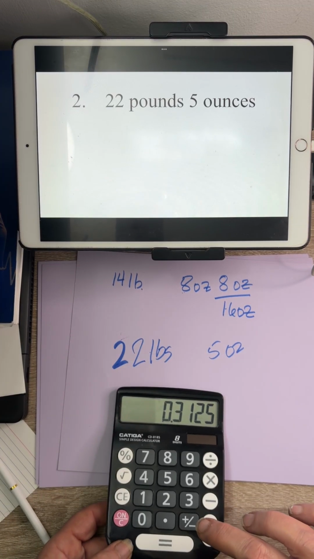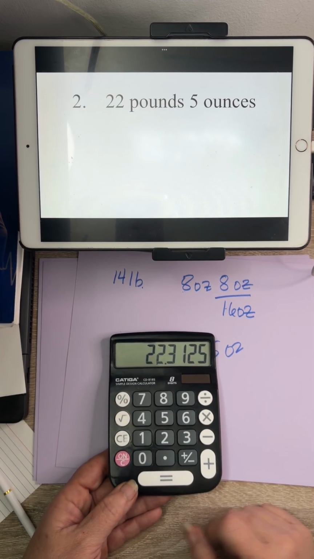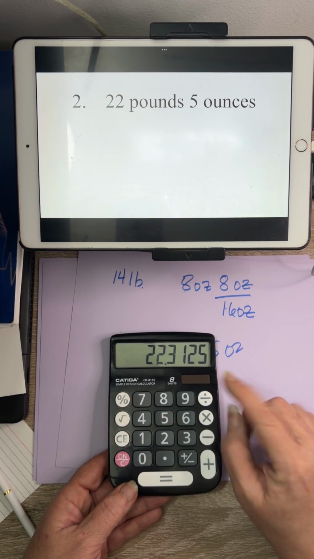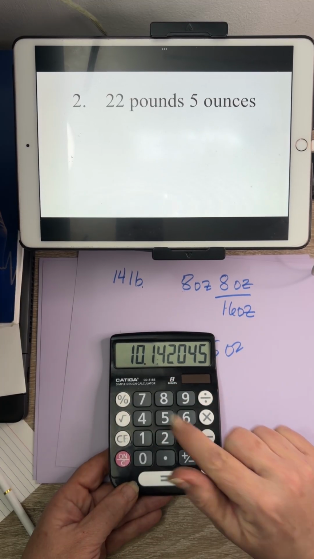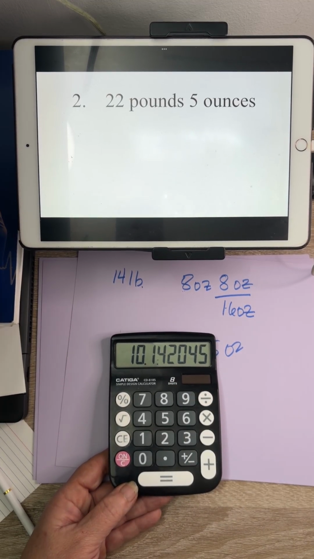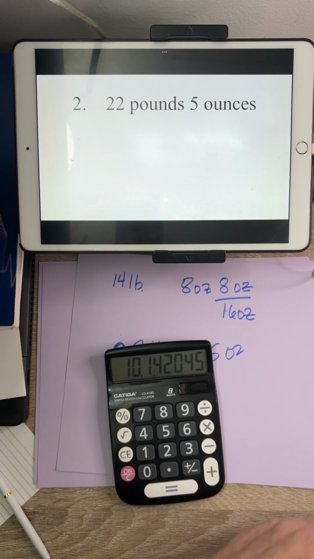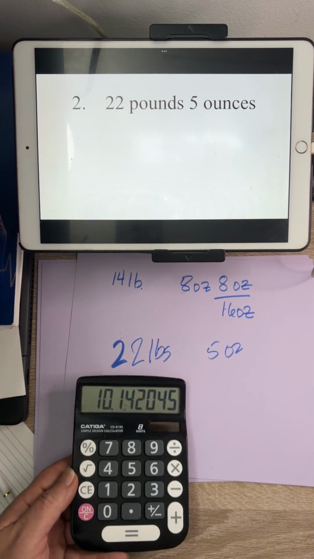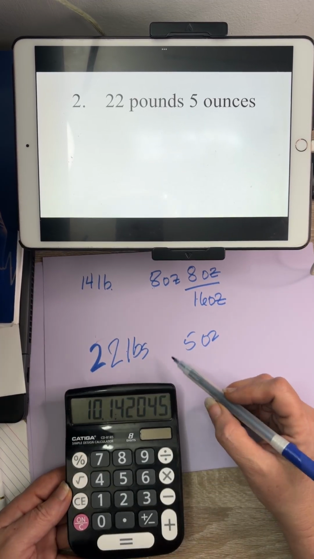Plus 22 pounds equals. And we're going to divide this by 2.2. And then we're going to round. Unless your teacher said round it to the zillionth,